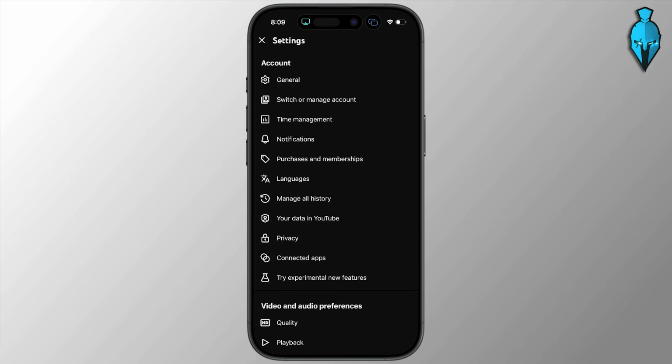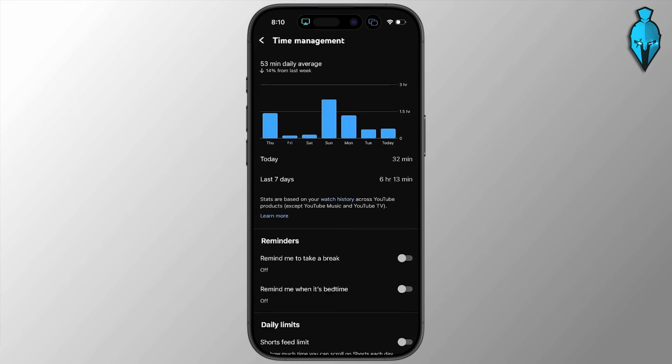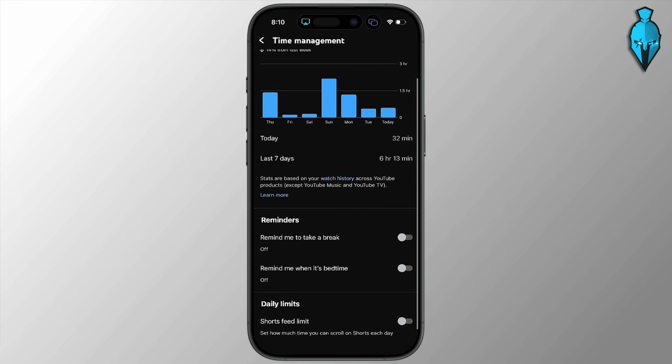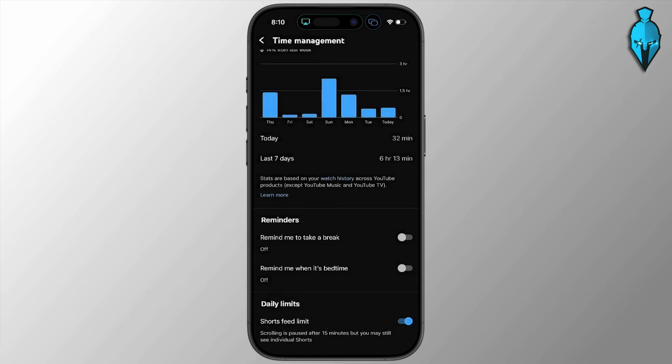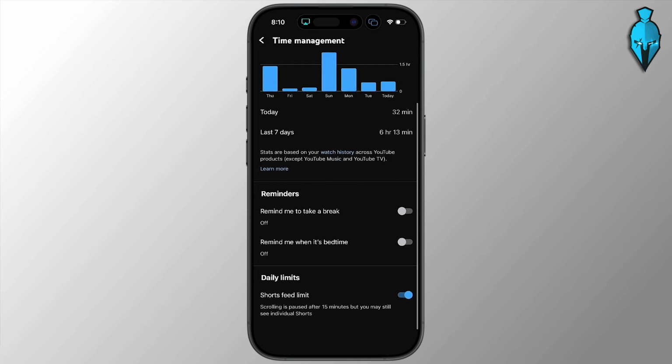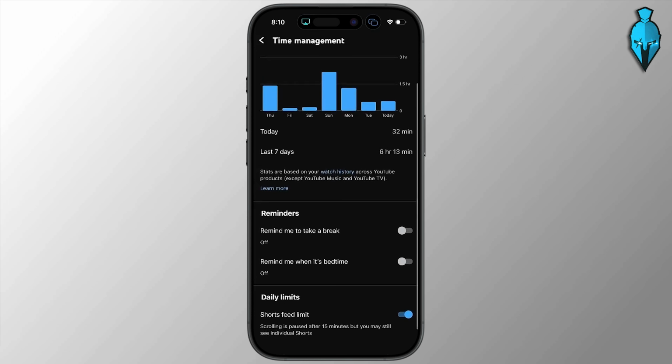Once you're in settings, hit time management, and you're going to see a bunch of different stuff on here. You just need to go down to this daily limits, select short feed limit, and set this to the lowest amount possible. For example, you could put it to 15 minutes, right? And as soon as you put it to 15 minutes, it's going to remove those shorts after being on it